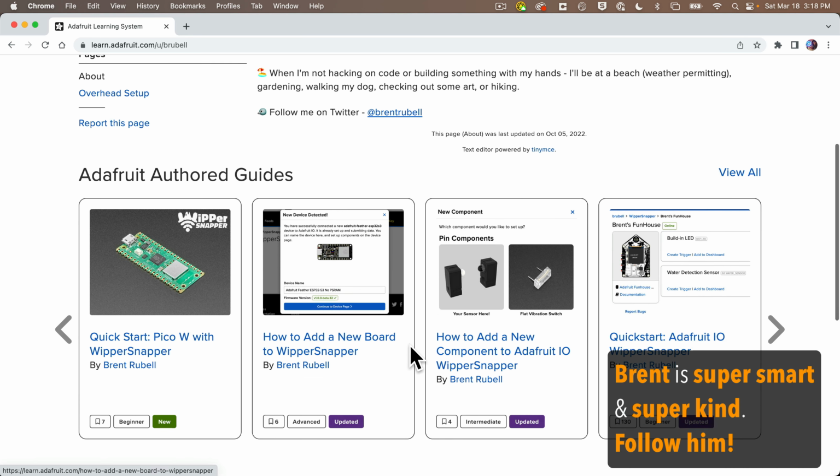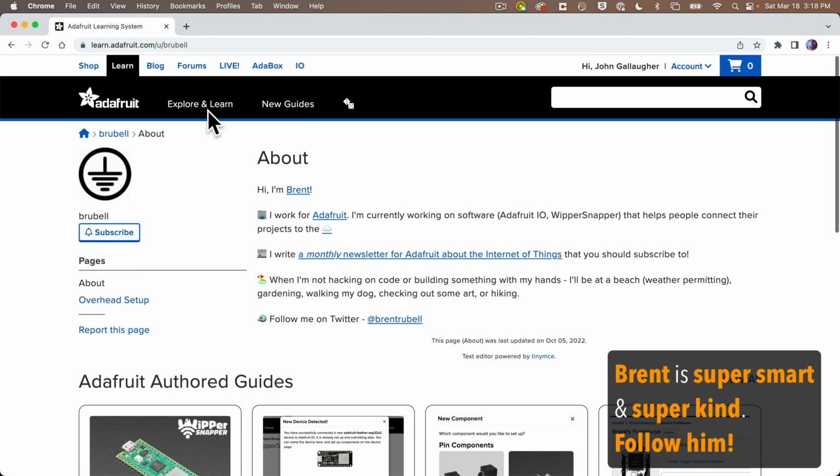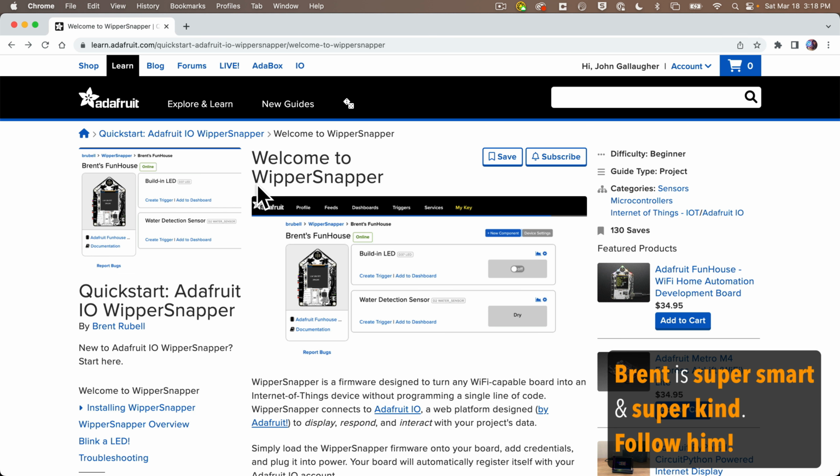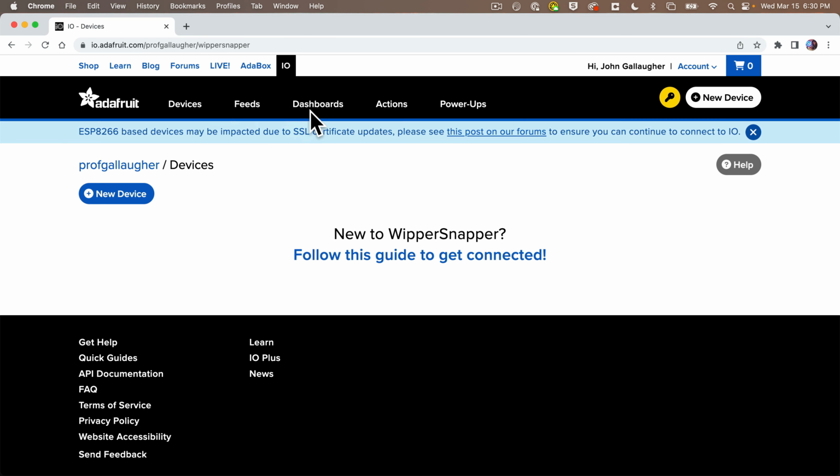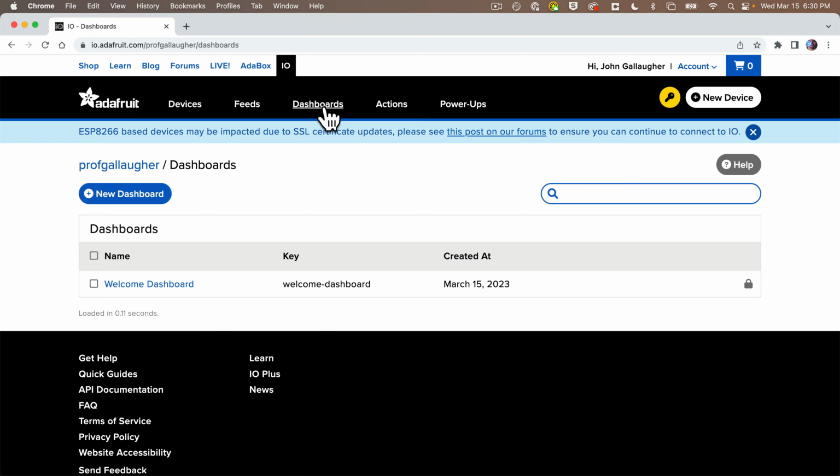But we want to write custom CircuitPython code, which will give us more flexibility and control, so we're going to ignore Whippersnapper. And instead, we're going to head up to Dashboard, which will let us create on-screen elements that can publish messages that our subscriber program will read. Now, there's a welcome dashboard already in here. You can return to check that out later on if you want, but let's click on New Dashboard to create